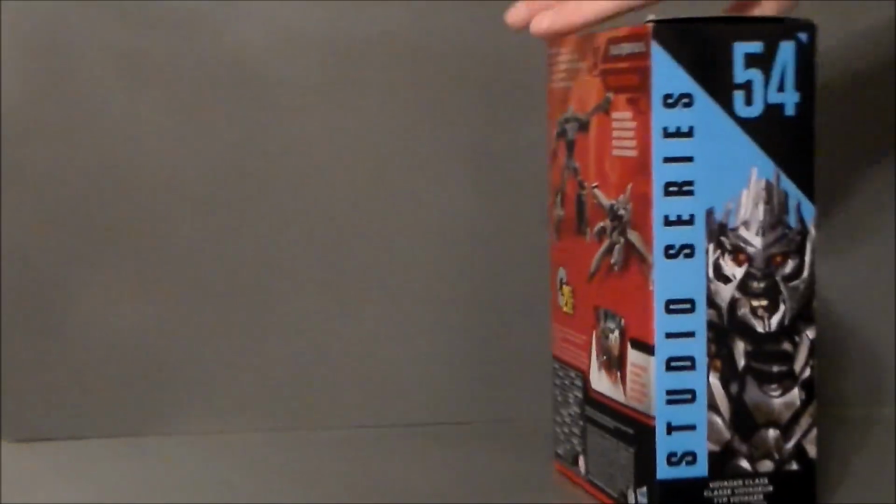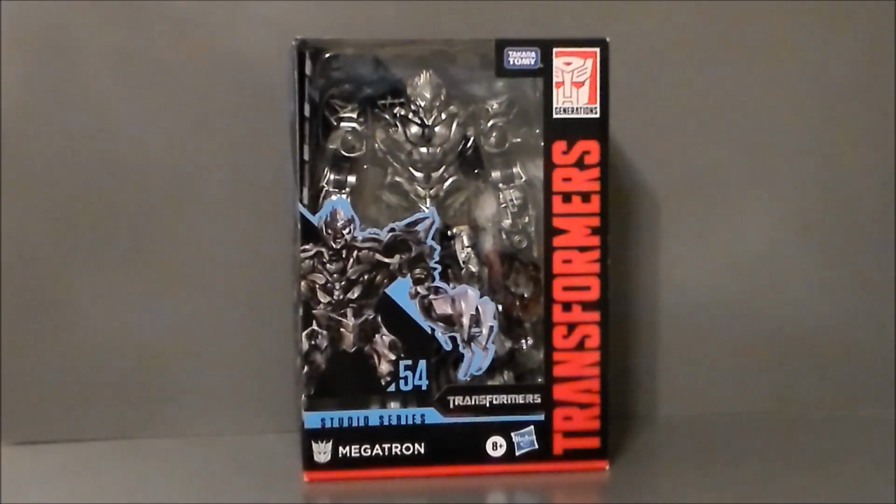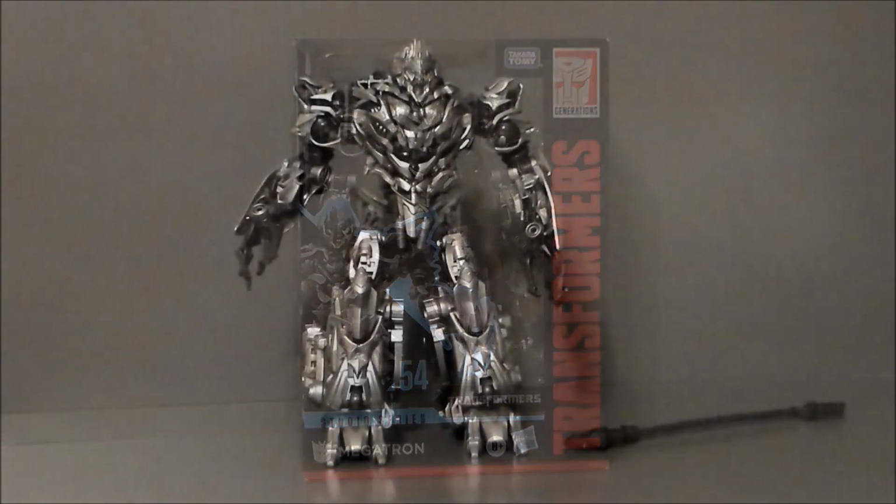I really don't care about the backgrounds on these things. But yeah, there's the package. That pretty much does it for the box. Let's go ahead and get this Megatron out of the packaging and see what we think. So here we have